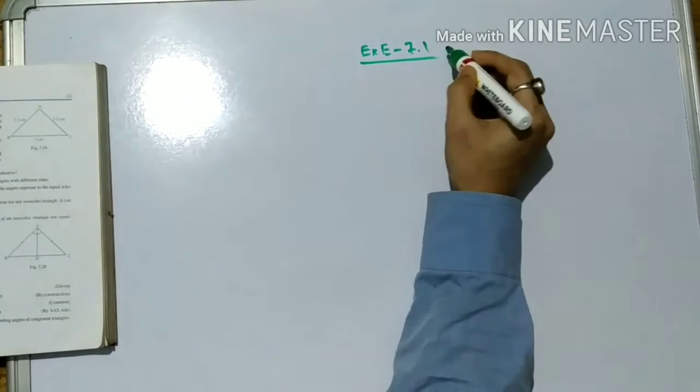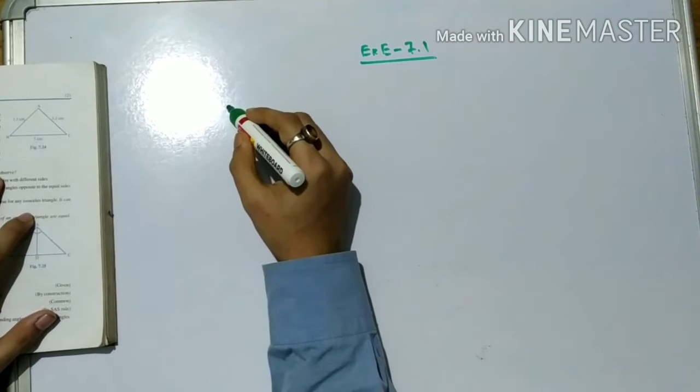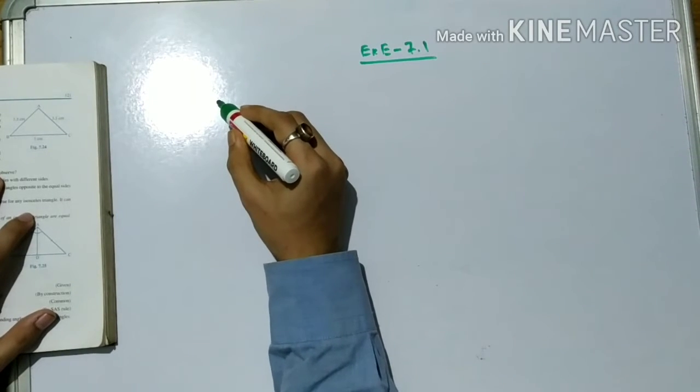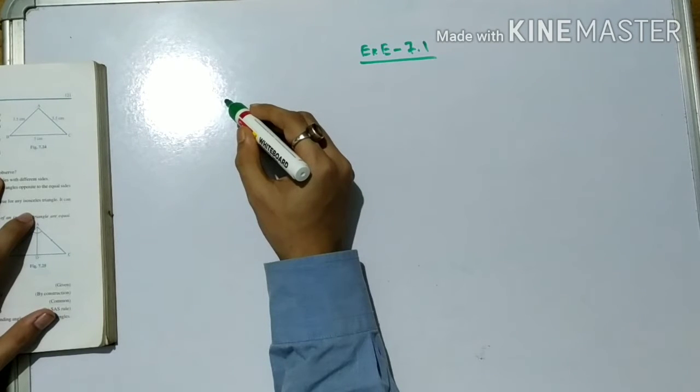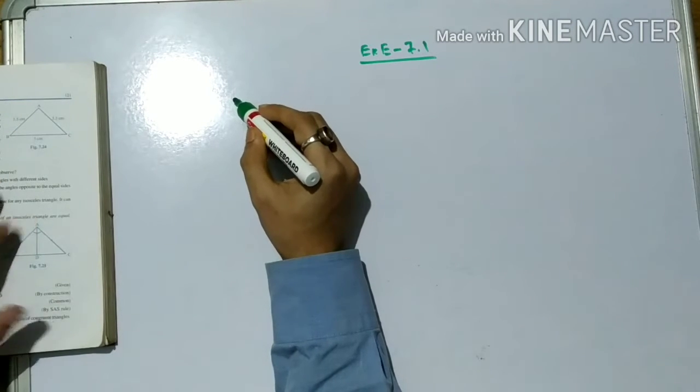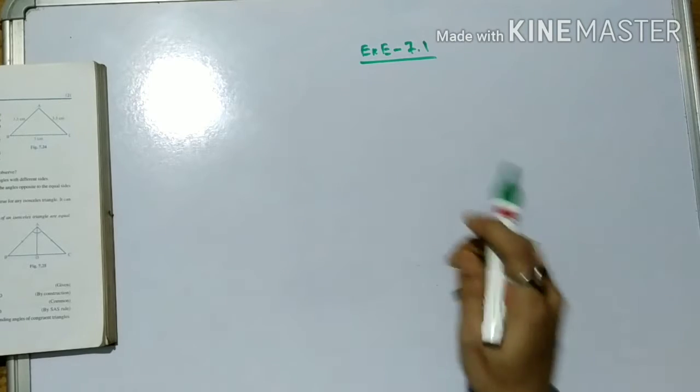Question number 7 says: AB is a line segment and P is its midpoint. D and E are points on the same side of AB such that angle BAD is equal to angle ABE and angle EPA is equal to angle DPB, so that triangle DAP is congruent to triangle EBP and AD equals BE. So first of all, let me draw the diagram.